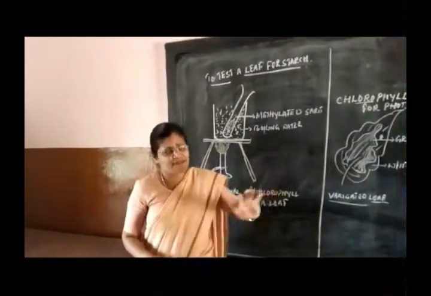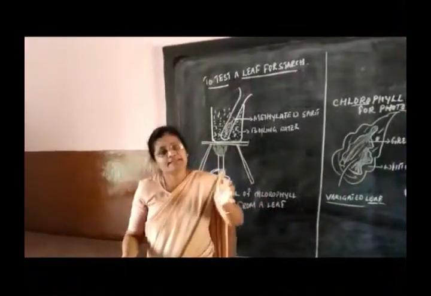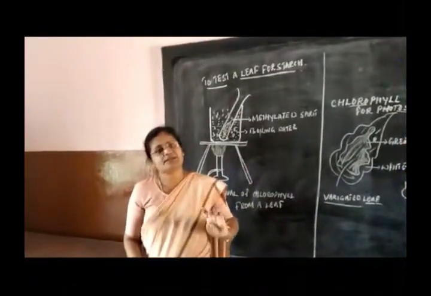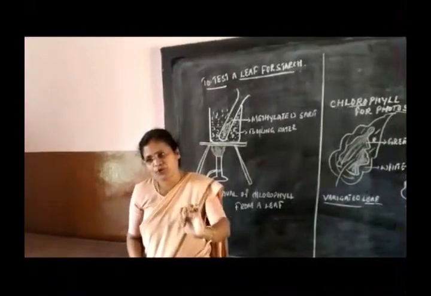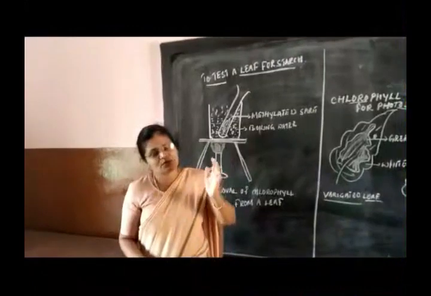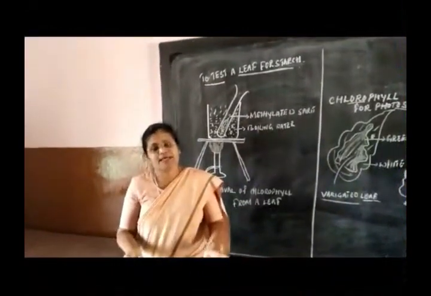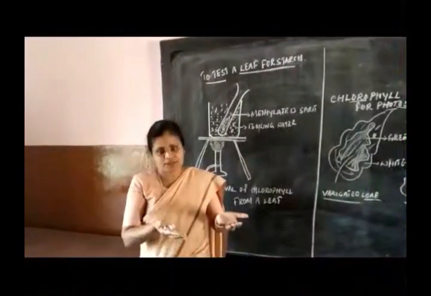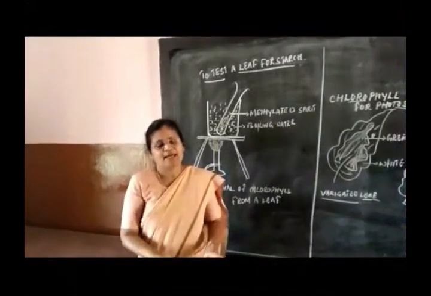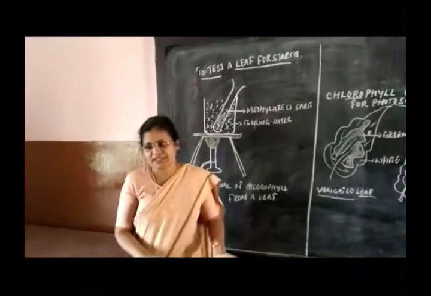But there are also various factors, as I said in the previous class, affecting photosynthesis: external factors and internal factors. The external factors are light intensity, carbon dioxide concentration, temperature, and the water content available. The internal factor is your chloroplast, and how healthy it is. If the mineral elements needed for the growth and healthy nature of the chloroplast are there, then it performs efficiently, otherwise it does not perform photosynthesis.